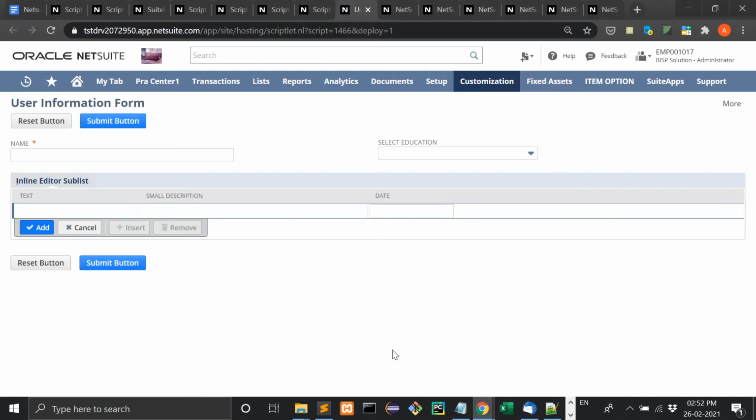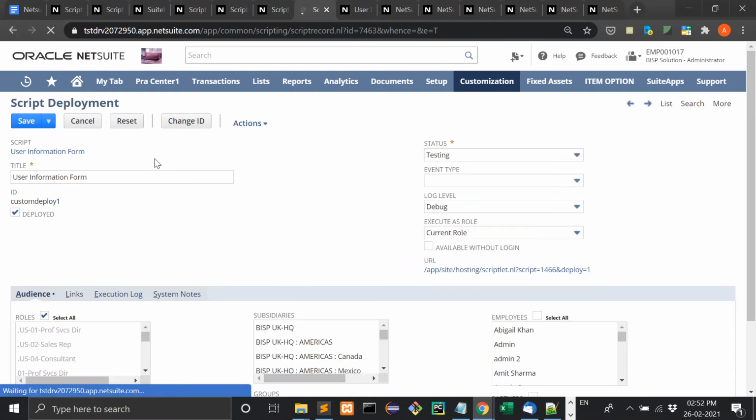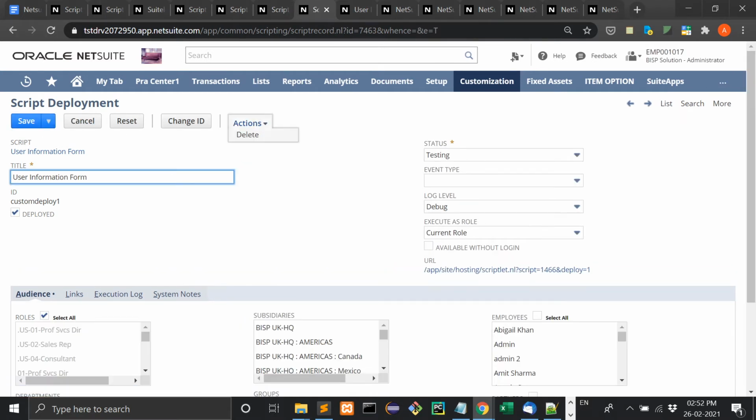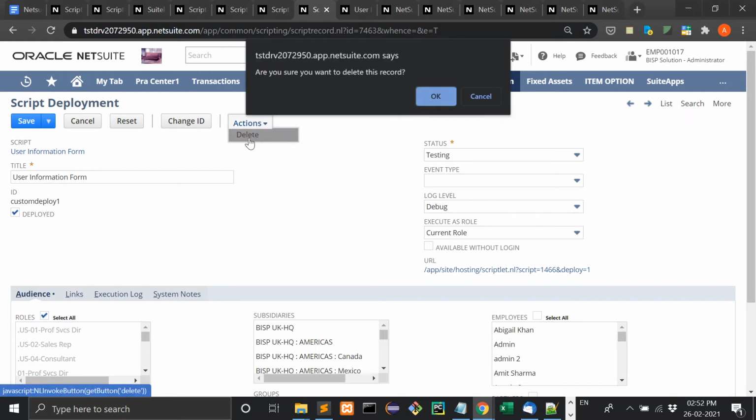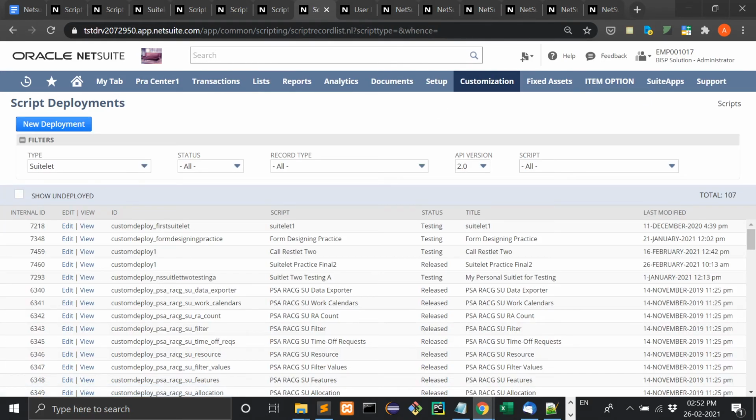Let me show you. First I will delete the user information form. I will upload it again for your easy understanding. Let's delete this. Yes, now new deployment, or we can say new script.